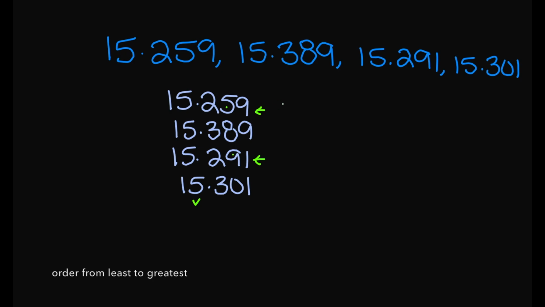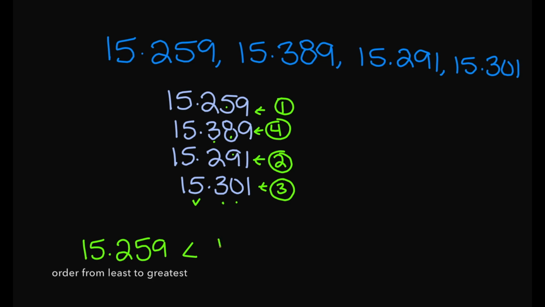And we can see that my top number here is the smallest. And then the second smallest number is going to be 15.291. And then if we bring our attention to my 3s here, you have our 3 here. And then we also have 0 and 8. So this is going to be my next number. And the greatest number here is going to be 15.389. So if you were to write this out, you're going to get 15.259 is less than 15.291, which is